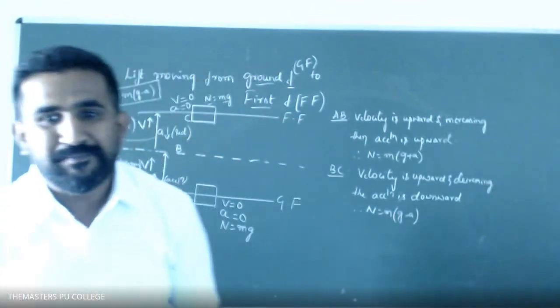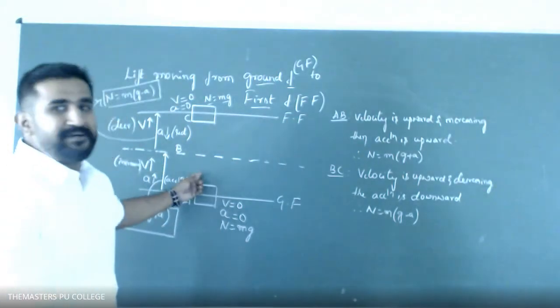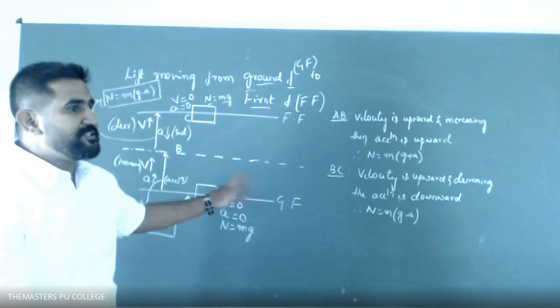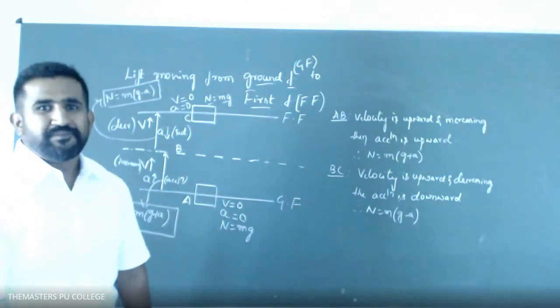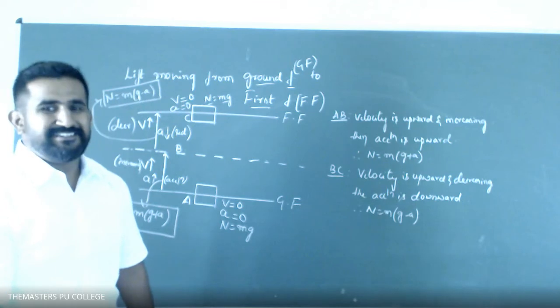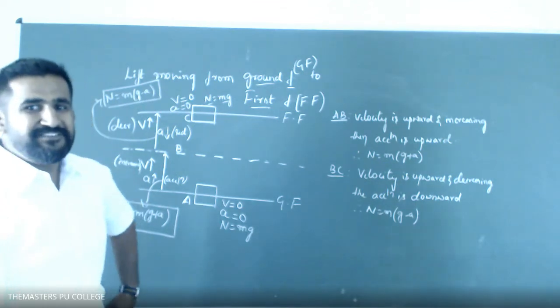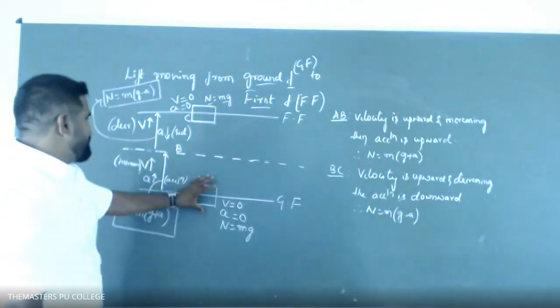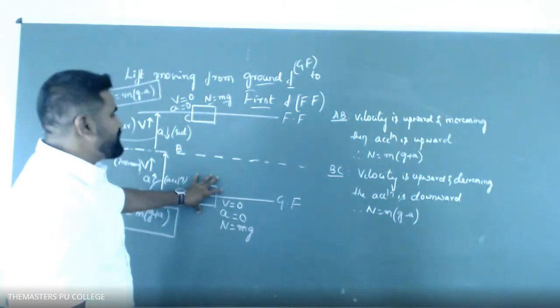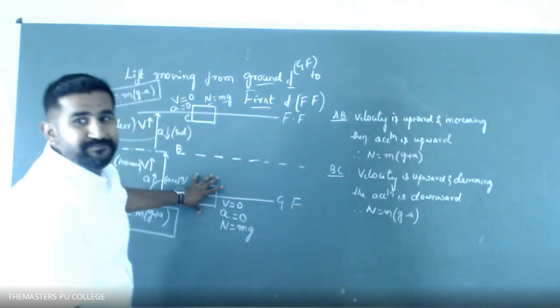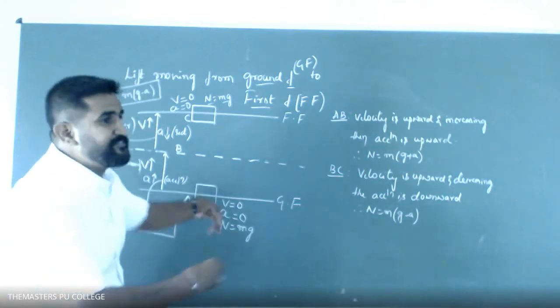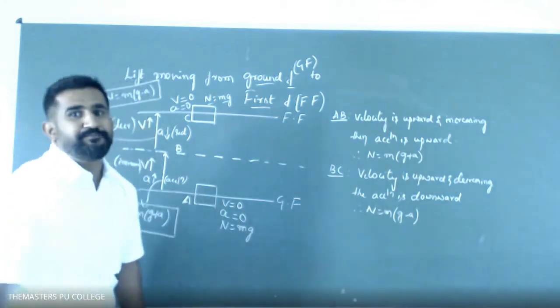So the lift is massless. Yes, of course. In the case of a massless lift, sir. In a problem with lift mass and person mass, we have to add the total mass. The total mass of the lift is the lift as well as the person who is standing inside the lift.